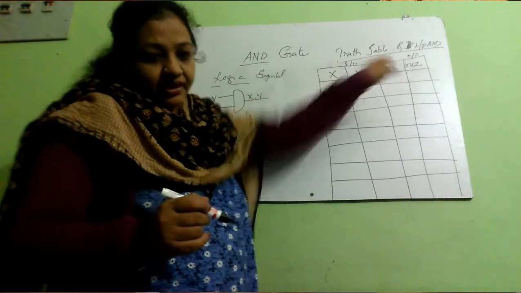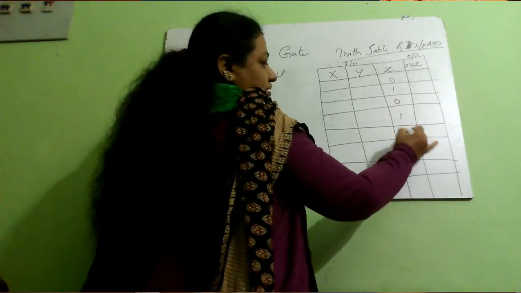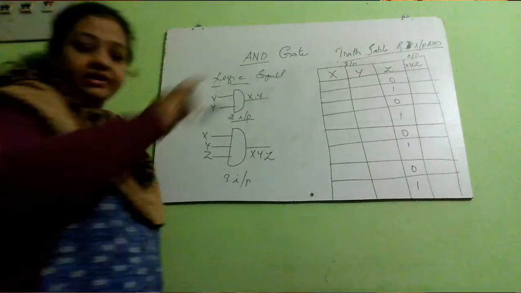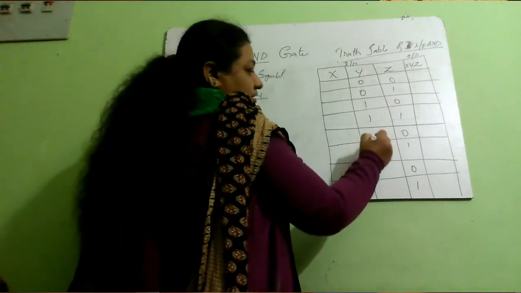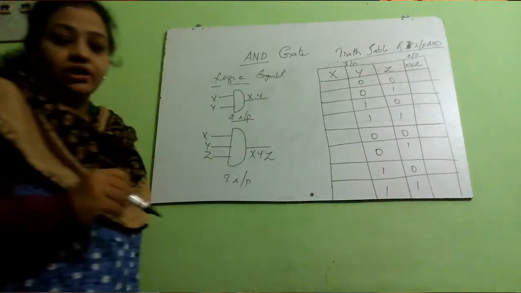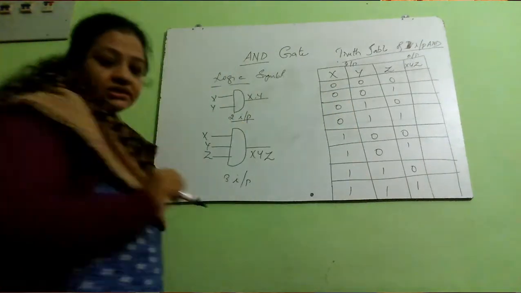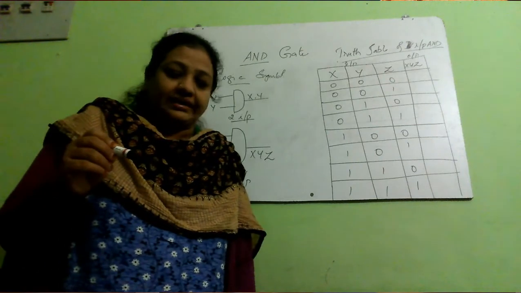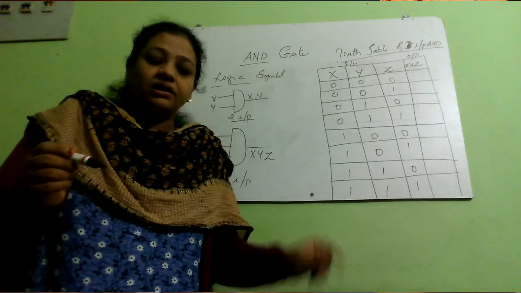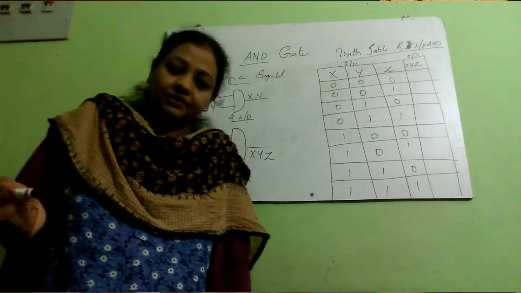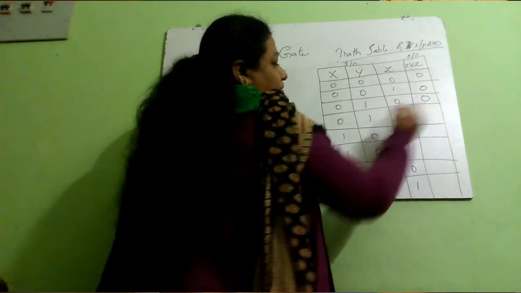If there is only one input, we will be getting 2 combinations, that is 0 and 1. With 2 inputs, like in the previous example, 2 to the power of 2 is equal to 4, so there is a possibility of 4 combinations. With 3 inputs, that is 2 to the power of 3. Why 2 to the power of 3? Each input can be either 0 or 1, 2 values. So 2 to the power of 3 is equal to 8. Therefore, if there are 3 inputs, there is a possibility of 8 combinations of inputs that can be given.